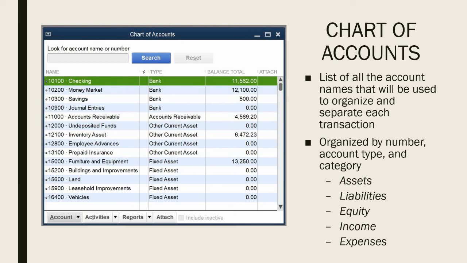But of course, the chart of accounts is always going to be an ongoing list that you can add to and delete from at any given time. So it's not like you have to create every single account on there for the very first time when you start creating your company file. It's not the very first thing you have to do. No, in this case, it will be a constant list that you're always going to update and keep growing,